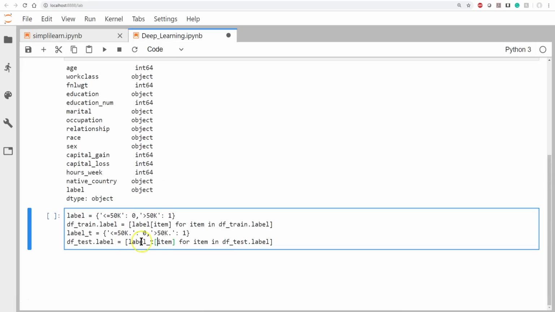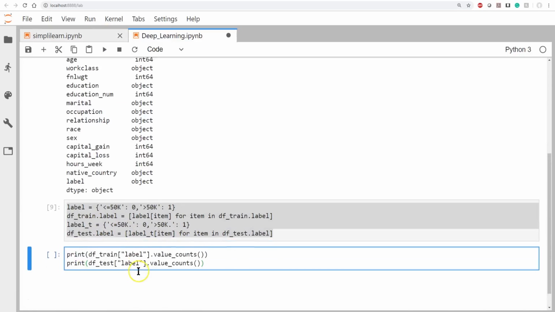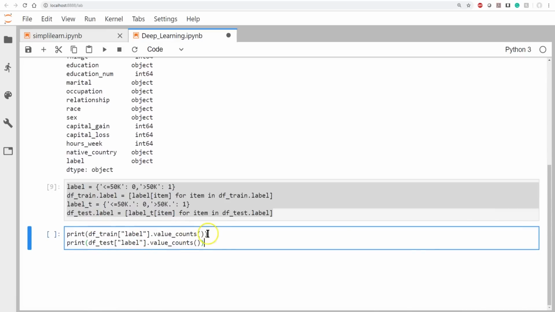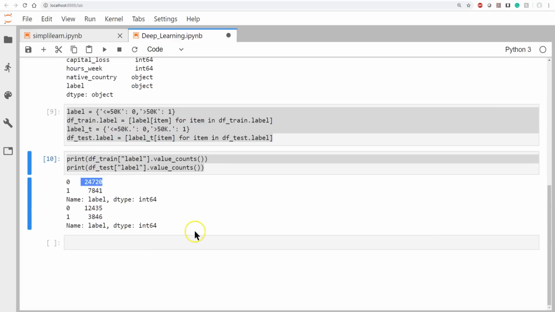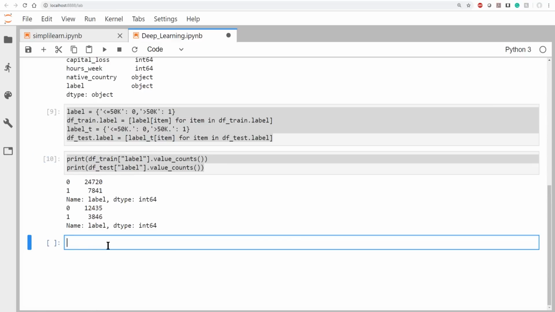So when I go back to my Jupyter Notebook, I've got to have a label for the test, which is less than or equal to 50K period for 0, or greater than 50K period for 1. Otherwise, it's doing the exact same thing. We're going to change the df_train label and the df_test label to 0 or 1. We'll run that, and then print the df_train label value_counts and the df_test label value_counts. This is always a good idea because we want to know if there's any weird stuff going on, like null values; this will turn it up. We can see how many zeros, how many ones, and so on. Just a quick view of the data that we're going through.